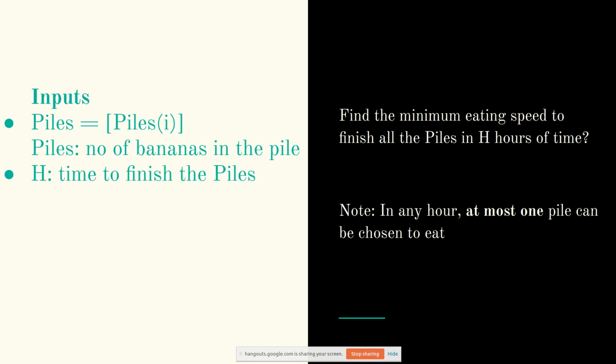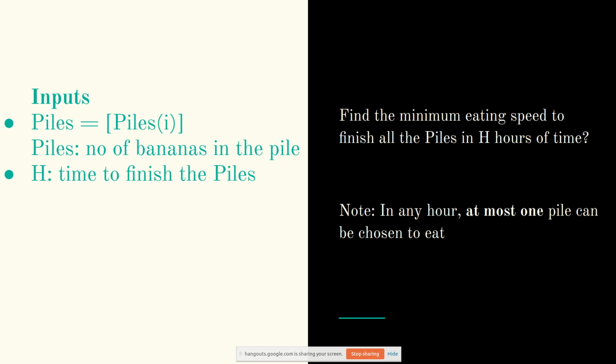need to find is the minimum eating speed to finish all these piles within the specified time of h hours. A key thing to note is that in any given hour we are going to choose only one pile at a time. Let's say our eating speed is 10 bananas per hour, and the available piles have 5 bananas each.